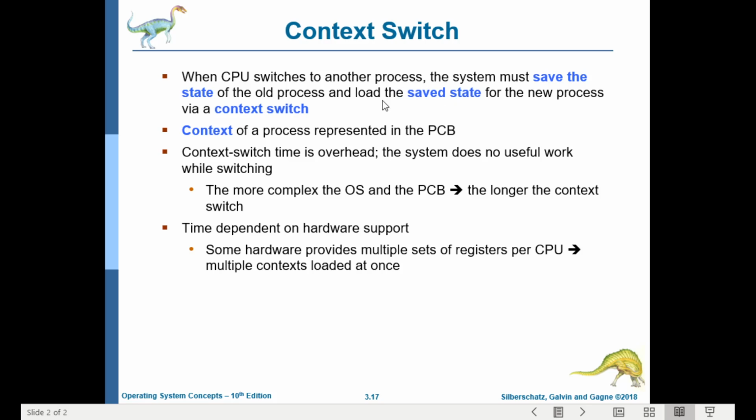When the CPU switches to another process, first the system must save the state of the old process and load the saved state for the new process via a context switch. The context of a process is represented in the PCB. So this includes, when we want to switch from one process to another process,